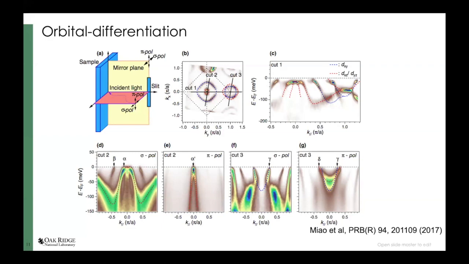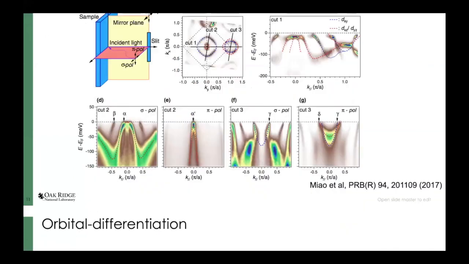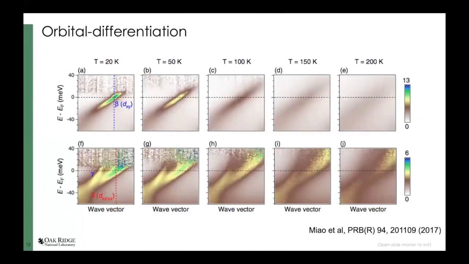Now, having established these orbital characters, then we can study the single particle response as a function of temperature. And you can see we choose two specific bands. One is the beta band, which has DXY orbital character, and the other, the delta band, has primarily DXZ and DYZ orbital characters. So you do see as we increase temperature, the intensity of the band keeps decreasing,